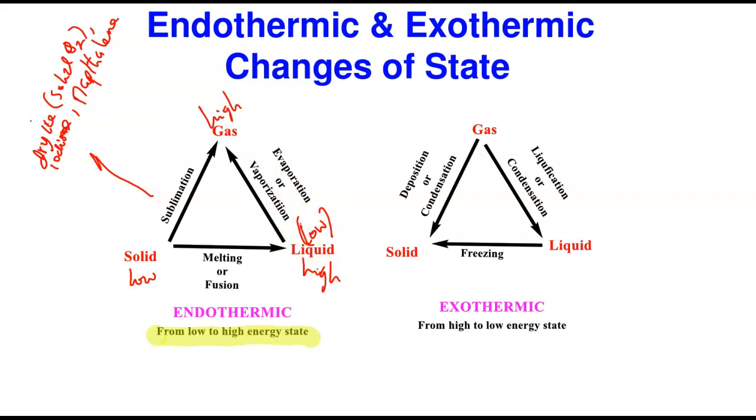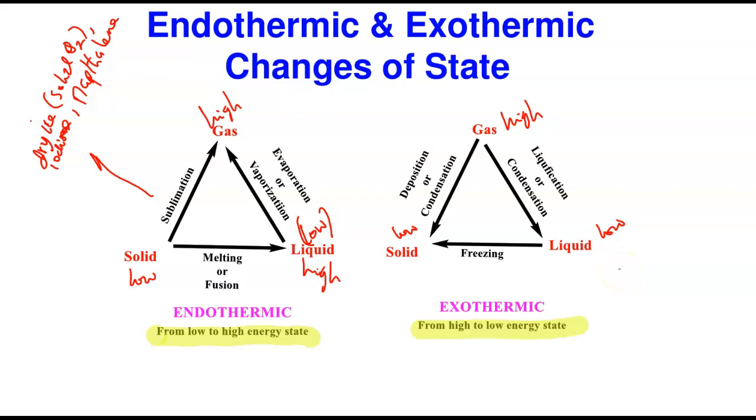If we take that to the other side as well, in an exothermic process, if you look at all these processes, it's going from high to low in each of them. Let's look at it. If a gas goes to a liquid, a gas is more energetic, high energy to low energy. You see that this becomes liquefaction or condensation. If you go from gas to solid, this is called deposition. This again is high to low energy state. And if a liquid is going to solid, again, it's going from high energy state to low. And this is called freezing.